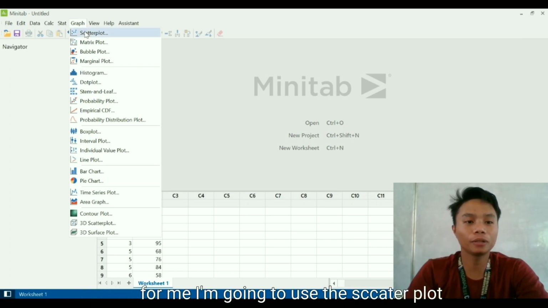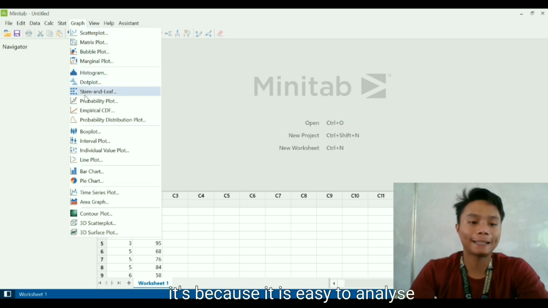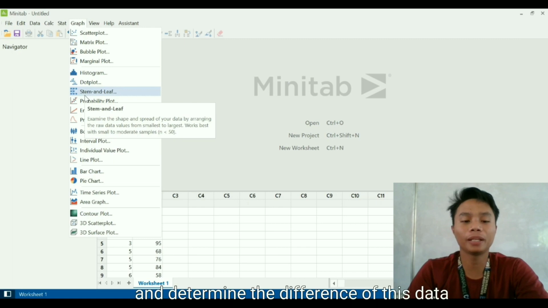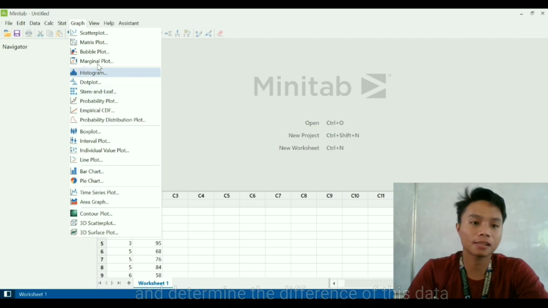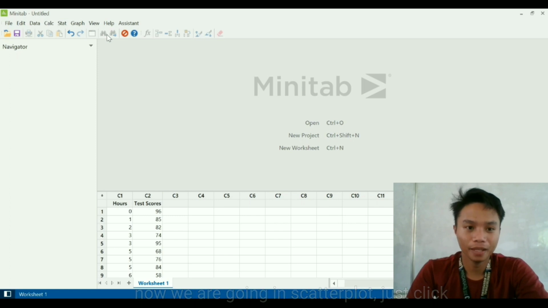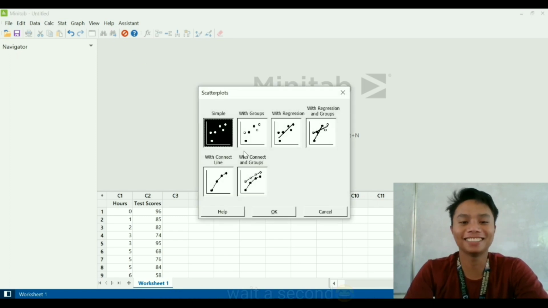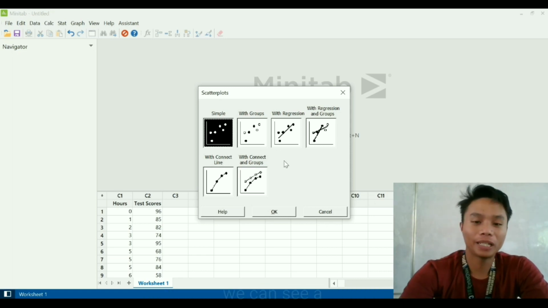For me, I am going to use the scatter plot. It's because it is easy to analyze and determine the difference in this data. Now we'll go into scatter plot. Just click, then wait for a minute. Wait a second. Then as you can see here in our screen, we can see